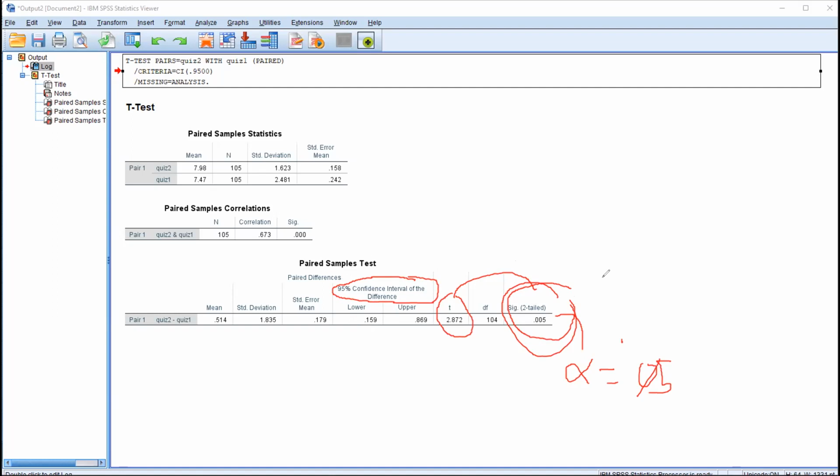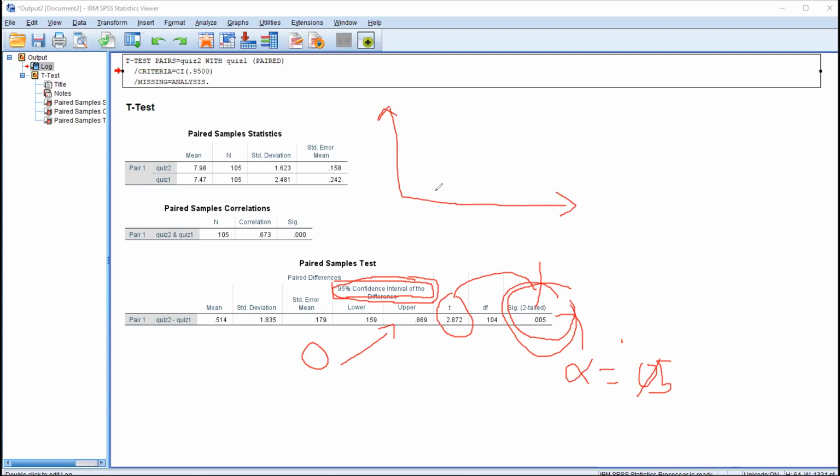If we want to look at the options to read the 95 confidence interval. Sometimes if you don't want to make your decision based on the significant value, then as an alternative you can refer to the lower bound and upper bound of the confidence interval. So to make a decision based on lower bound and upper bound, you look at the location of 0 within the range. If 0 is located within the range, for example, in this case, if I illustrate in terms of a graph,